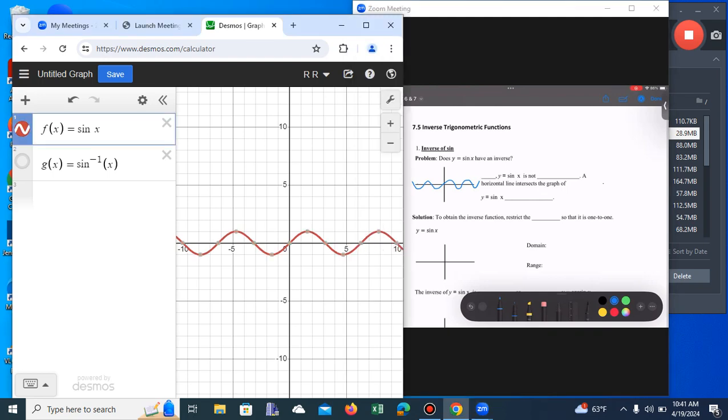We want to make sure that both the positive and negative parts of sine come out in the domain, and it's best if we can do it without having the domain jump at all. So for this, we're going to restrict it from negative pi